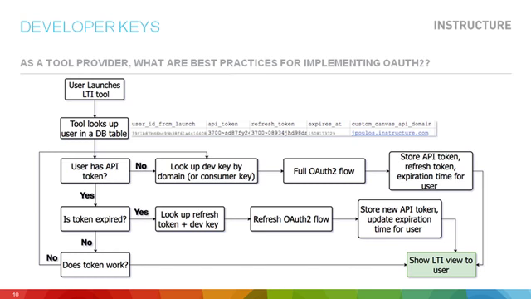And then once you've identified the developer key, you can go ahead and do the full OAuth 2 flow. I'm not going to go into details on that because the documentation is pretty good. That's another resource. You can also just go to api.instructure.com, and there's an OAuth 2 section that you can review for the entire process. The output of that flow is that Canvas will provide an API token, a refresh token,